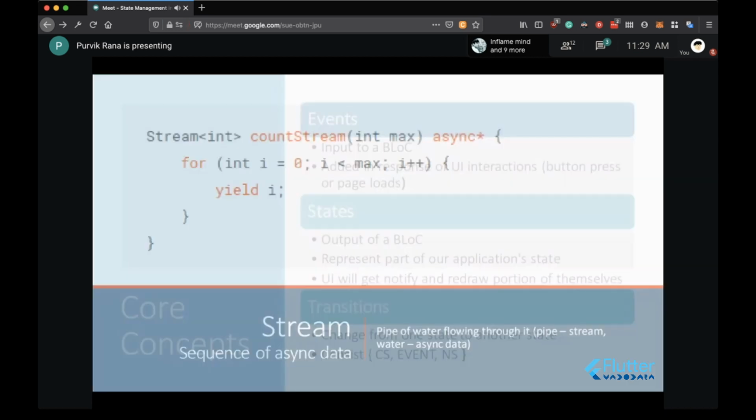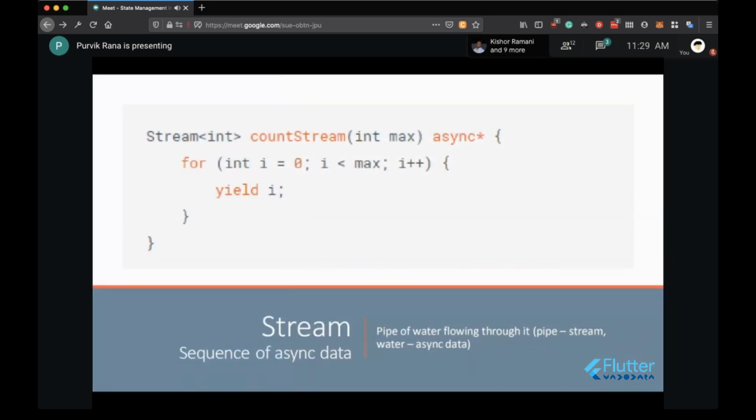Next thing, talking about the stream. So this concept is a core concept of the block, but you can easily understand why we are taking this into consideration over here. The stream is nothing but a sequence of asynchronous data, because whatever business processing the block is performing, it has to give the output in terms of the state.